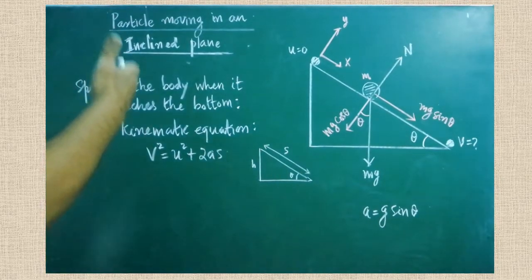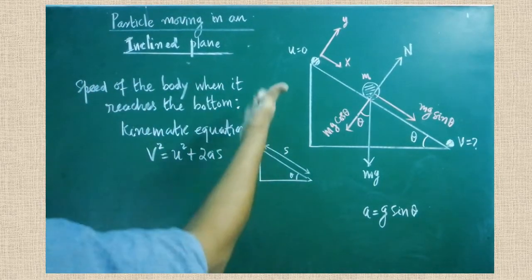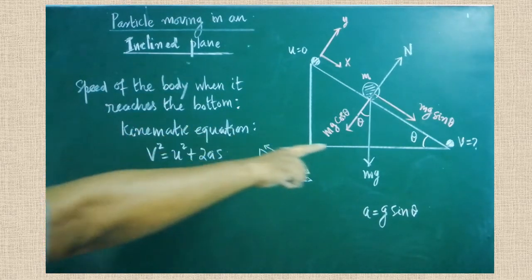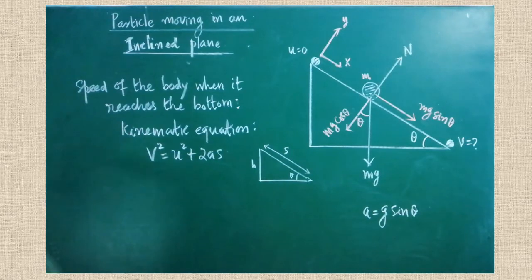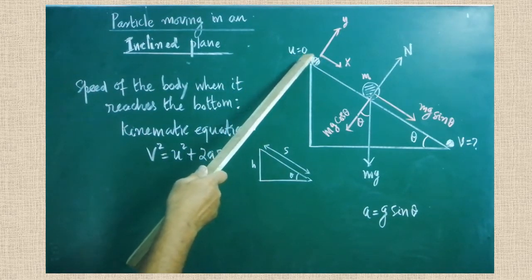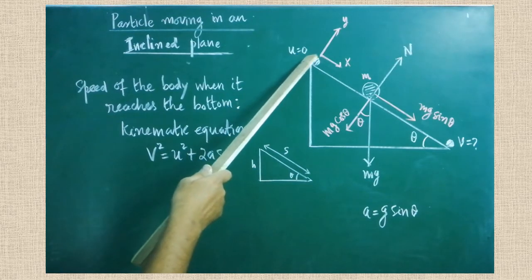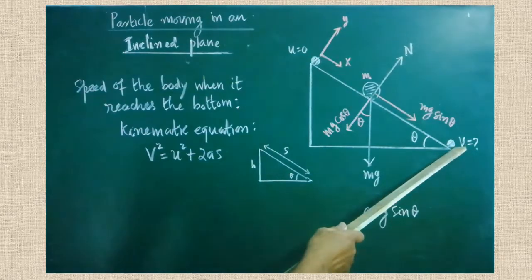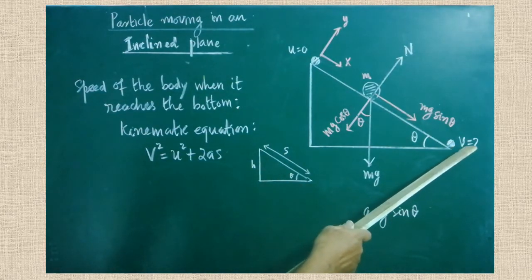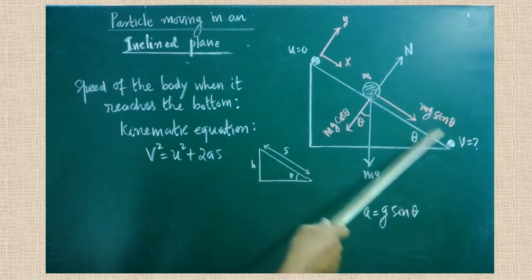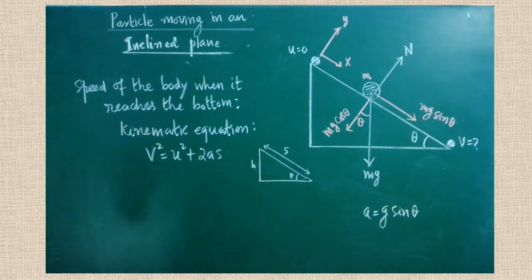This is the continuation of the same topic. Here we are going to find the expression for the speed of the body when it reaches the bottom. When it starts its journey here, the initial speed of the body is how much? u is equal to 0. When it is rolling down, it will reach the maximum speed when it reaches the ground. So the final velocity, the final speed, is called v. The movement takes place along the x direction. Therefore we have to find the expression for v.